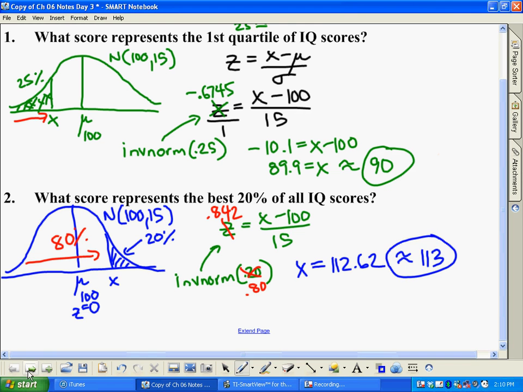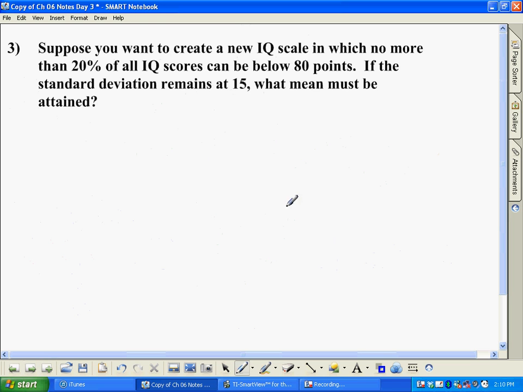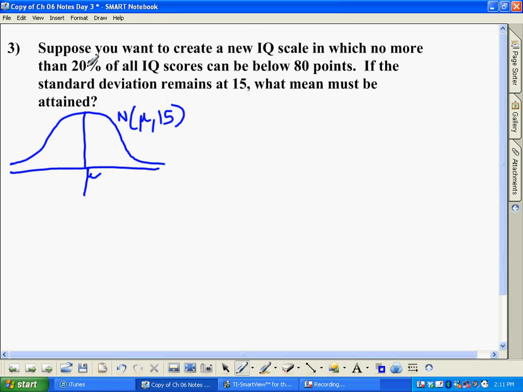Finally, the last one we're going to do here is question number 3, and we're changing it up. So it says, suppose you want to create a new IQ scale in which no more than 20% of all IQ scores can be below 80. You're going to keep the standard deviation at 15, but you're going to change the mean to something else. So if we drew a picture, go ahead now, draw your normal curve, and in this situation we don't know the mean, but we know the standard deviation is 15. We know the bottom 20%